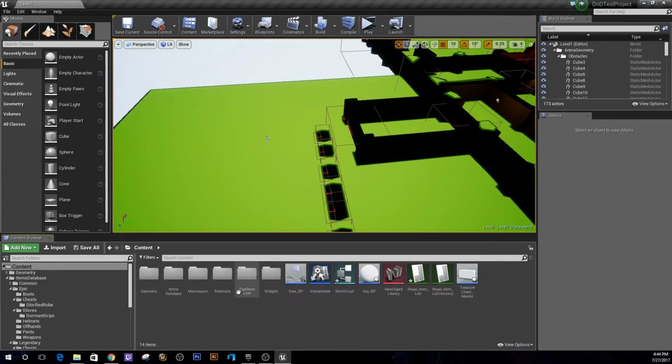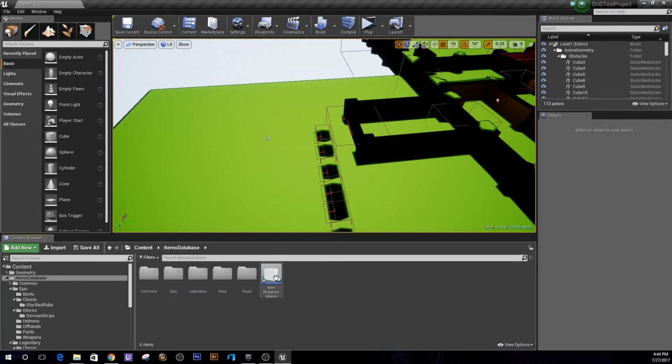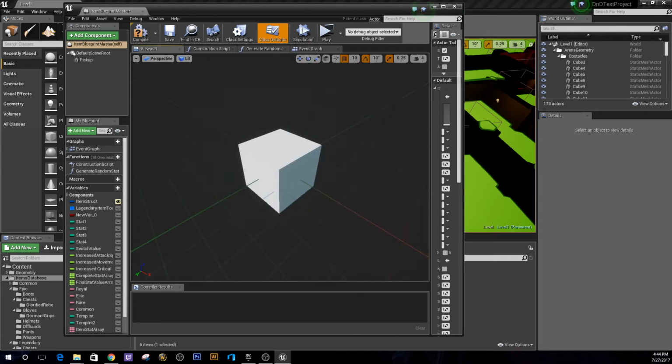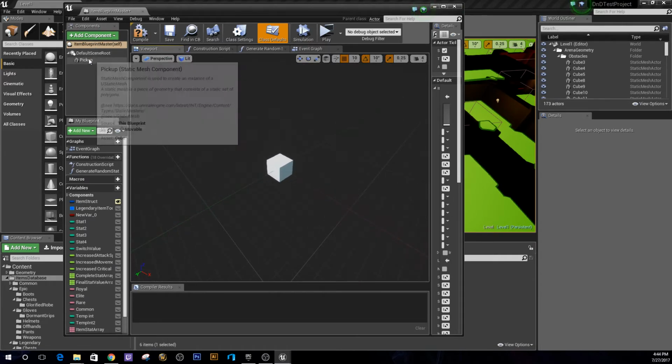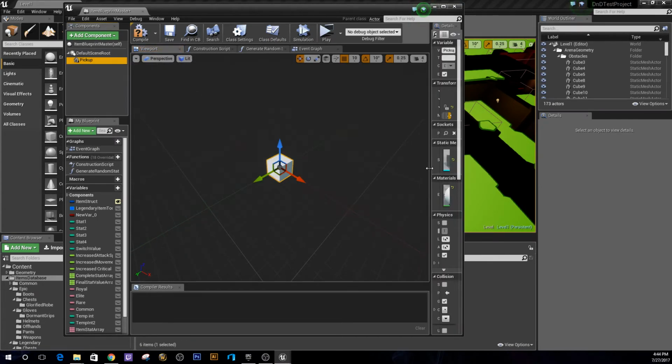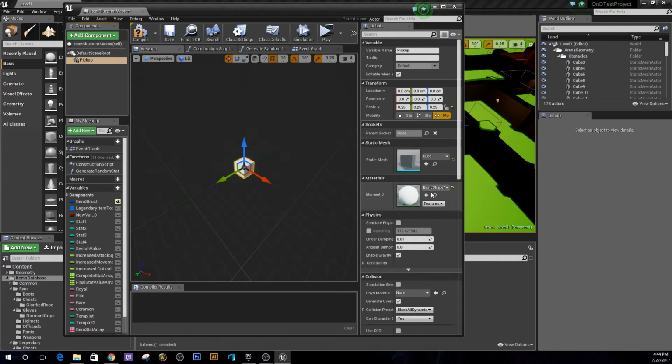The actual items don't have anything specific on them. They're literally just a cube. There's nothing attached to them. It's just called pickup. It's just a cube. It's just a static mesh cube with a base material. It's nothing special. And I don't know why that's not compiled, but